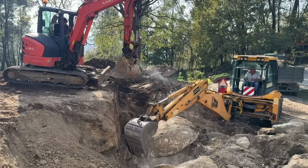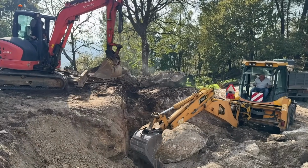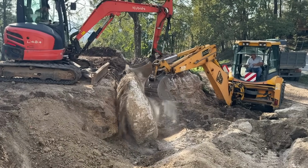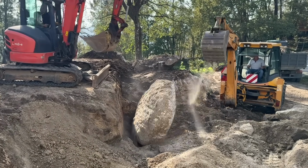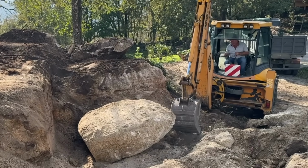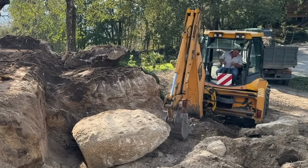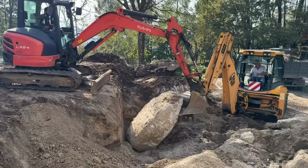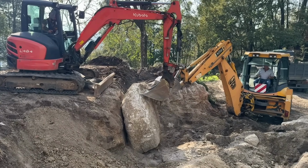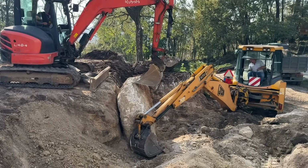Well, that rock was probably formed there, wasn't it? It was probably made there. Oh man, look at it. Oh, Mario, brilliant. I think they're having fun too. They're basically living every little boy's dream, I think. Isn't it? Playing with